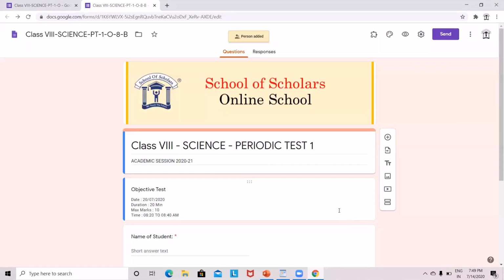The exam in charge will repeat this process for all 5 sections of 8th, that is 8th A to 8th E. In this case, suppose Rajni Borkute madam is teaching 2 sections, that is 8th A and 8th C. So in this case, this process will be repeated twice for Rajni madam.